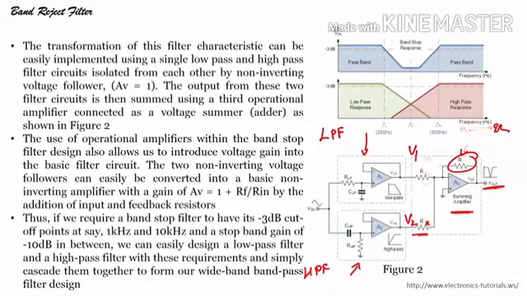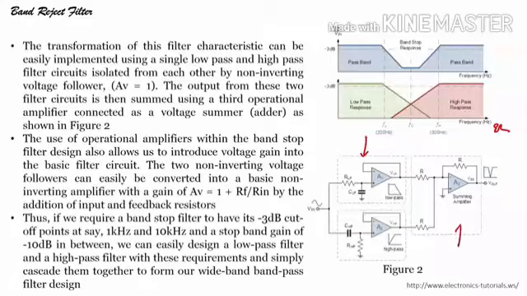So, we have seen the summer, we have seen the low pass and high pass active filters. When I connect the low pass and high pass active filters in parallel connection, as you can see here with a summer, and you have an input voltage with peak to peak voltage from this to this, right, and with a particular frequency, then we can design a notch filter or band reject filter by selecting different values of resistors, and capacitors, of course.